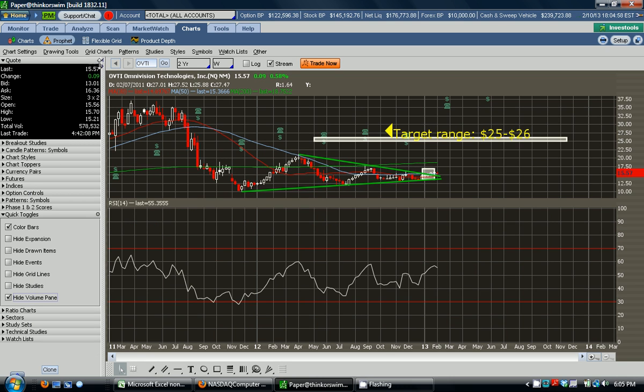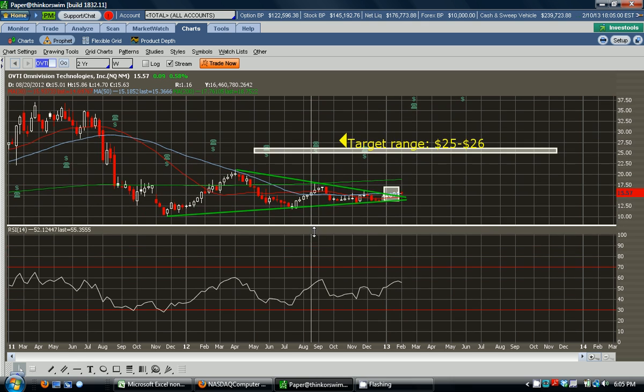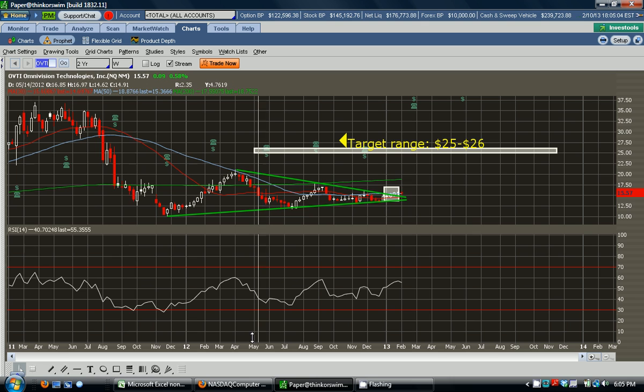If we actually bring this up on a weekly chart, it's actually looking pretty good. You see the actual bottom here, and then as this keeps making new highs, you see that the relative strength index right here is also making new highs. But there's one thing that's keeping the stock from really breaking out, and that is a breakout above the 60